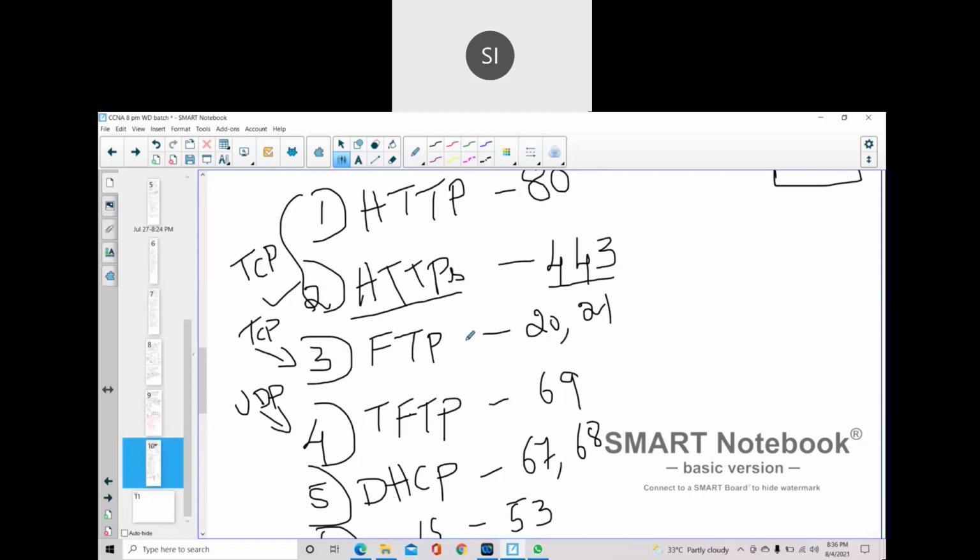At that time you have to allow or block the particular port number. I will tell you how to block or allow based on the port number during the firewall session, after we complete routing. As of now, I have just given the port numbers.